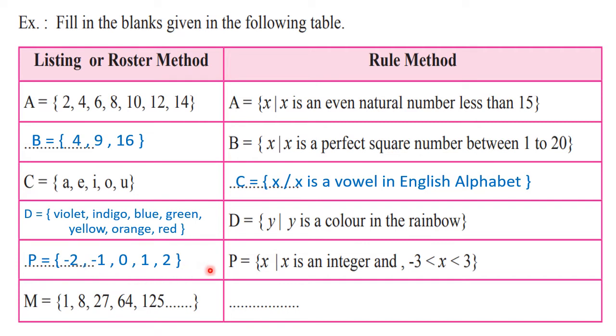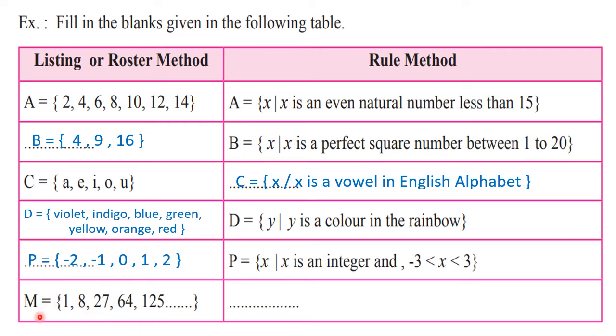We have seen all these sets. Previously I discussed all these numbers. So when we write integers here, you know that integers are infinite from left hand side and infinite from right hand side. But here the boundary is given to us that we have to write down only the integers which are between -3 and 3. So you have to start with -2 and you have to end at 2. So these 5 numbers will come here in listing method. Okay. Let us go further.